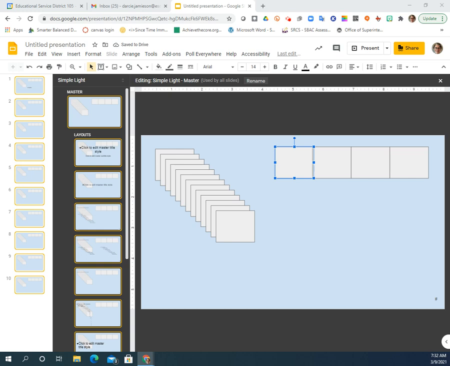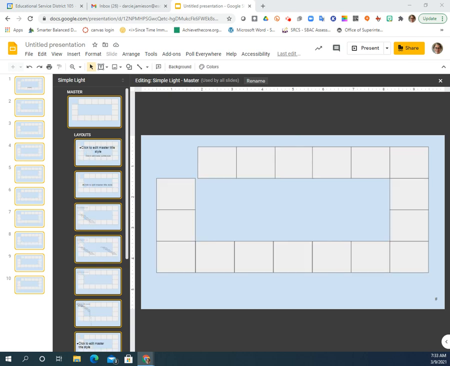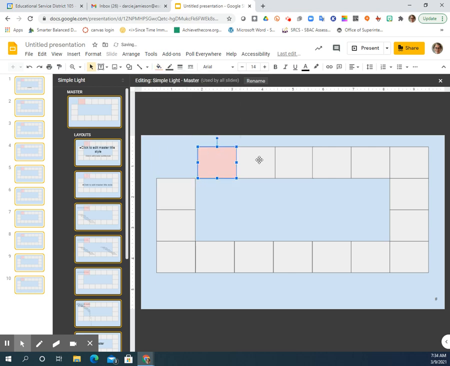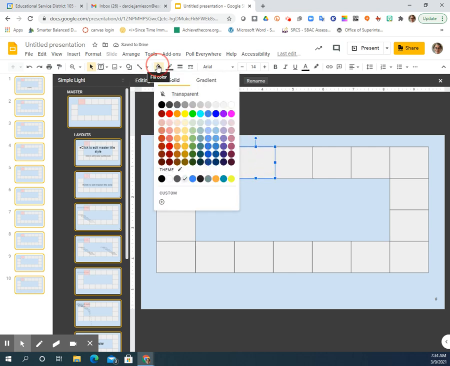I'm going to go ahead and pause my recording here. Okay, so while I was paused, I went ahead and made the rest of the squares and put them in order of where I wanted them to be. Now I'm going to go ahead and add some colors in here. I'm going to add some colors within my boxes. I'm going to choose 4 different colors